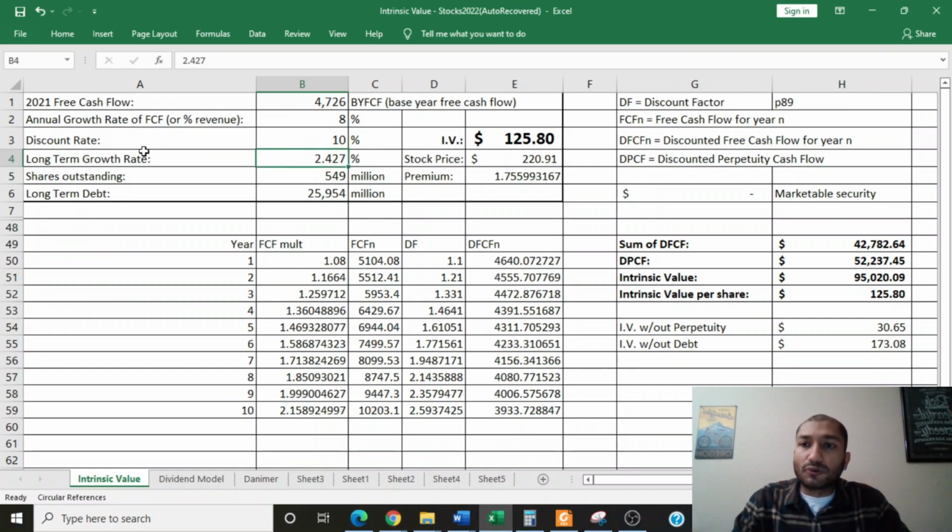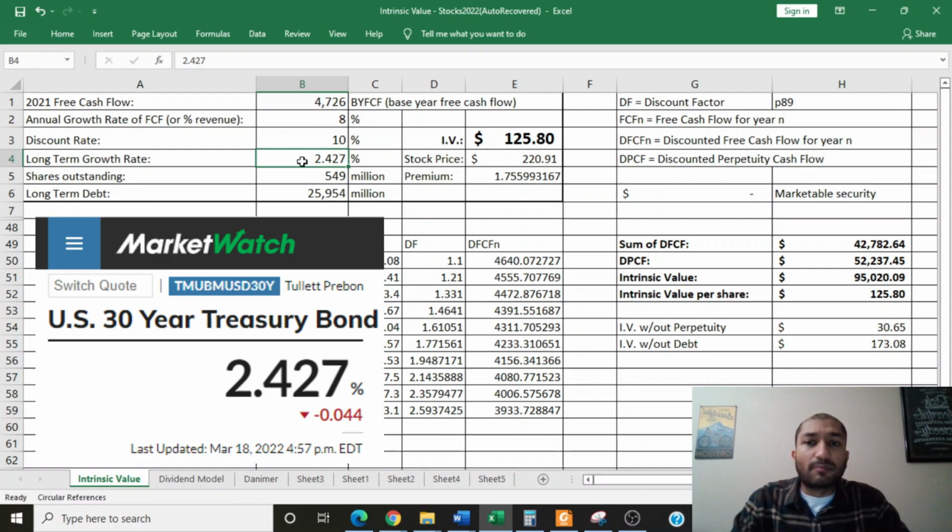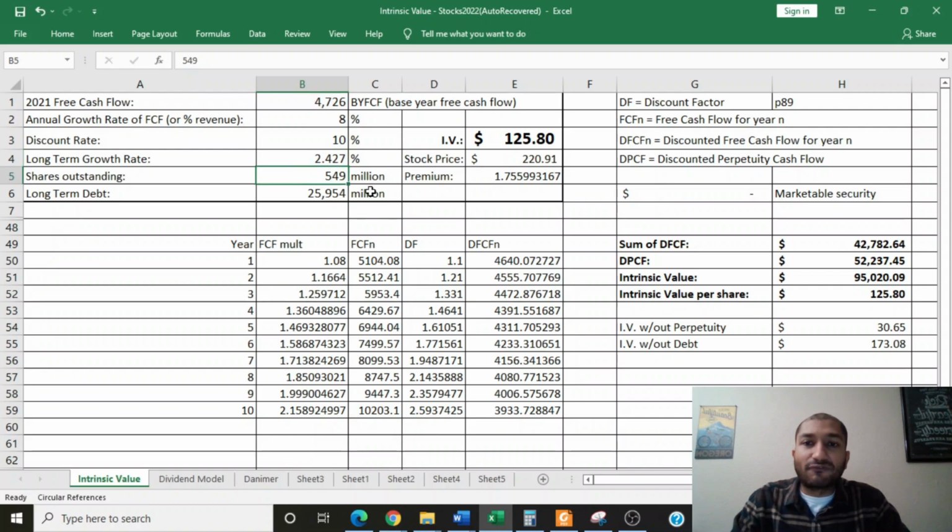I'm using the long-term growth rate to be 2.427%. What this means is after the 10-year mark into perpetuity, I expect the company's free cash flow to grow at 2.427%. This number is in line with the US 30-year Treasury yield. The company has 549 million shares outstanding and has a long-term debt of $25,954 million. After taking all of these inputs into account, we get the company's intrinsic value to be about $125.8